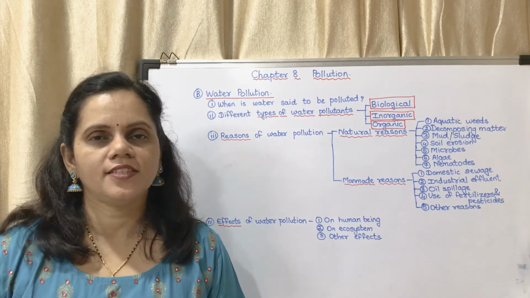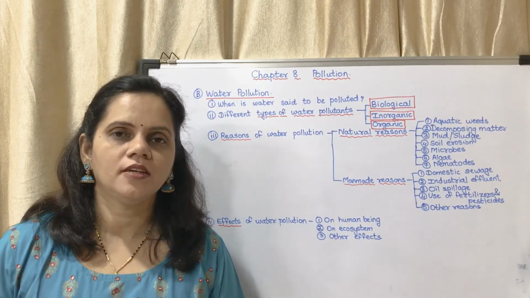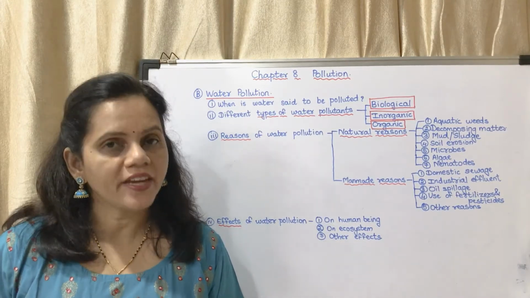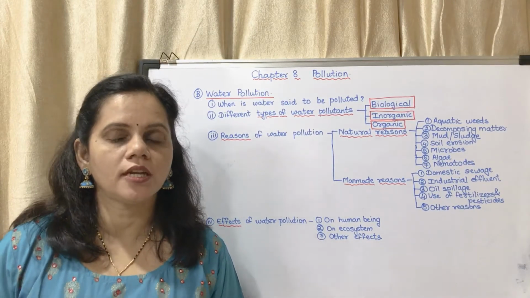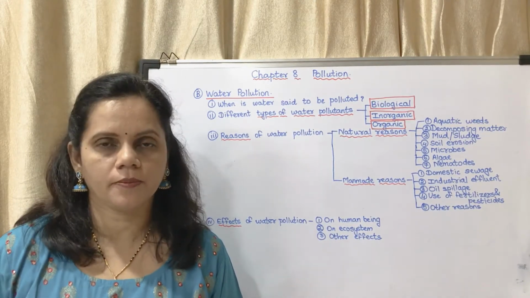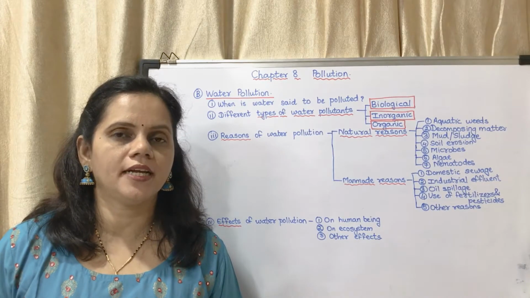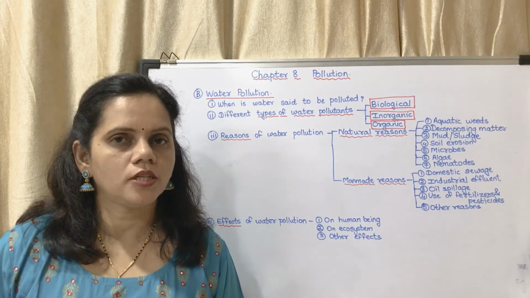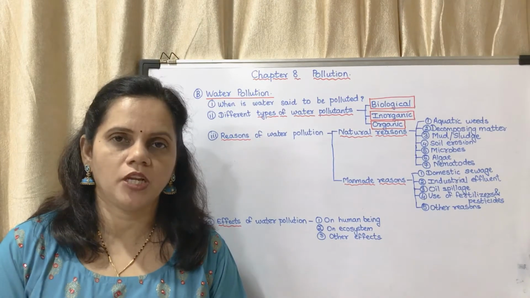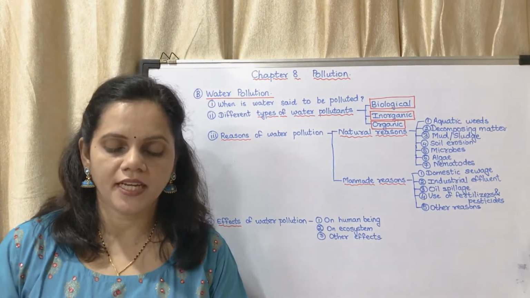So in the other lecture we studied about air pollution, about pollution, what are pollutants, about the effects of pollution, air pollution, and the preventive measures of air pollution. Today we will be studying about water pollution and soil pollution. Okay, so first we will see water pollution, page number 58.